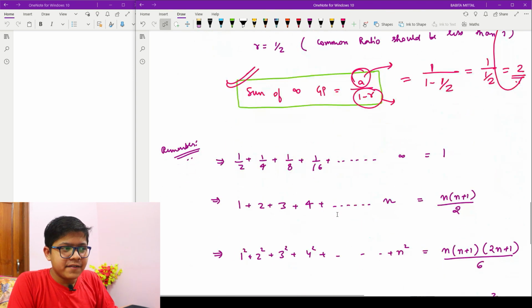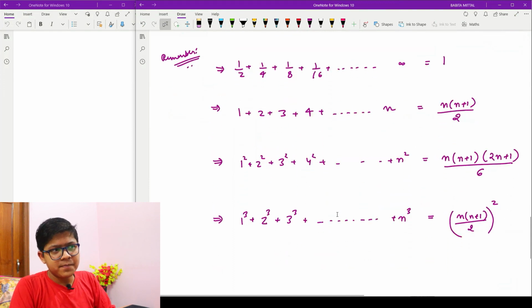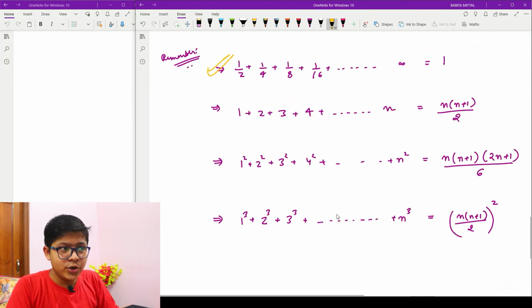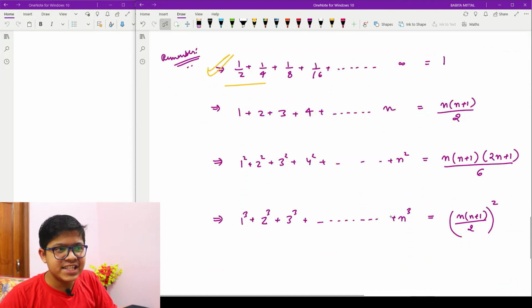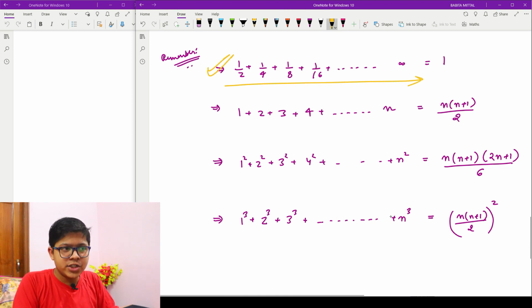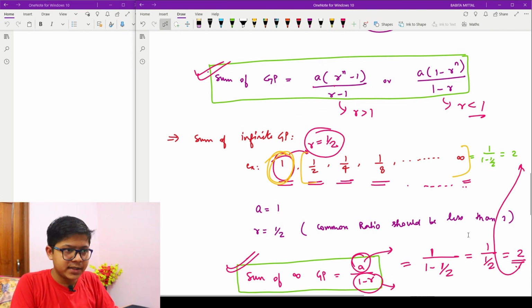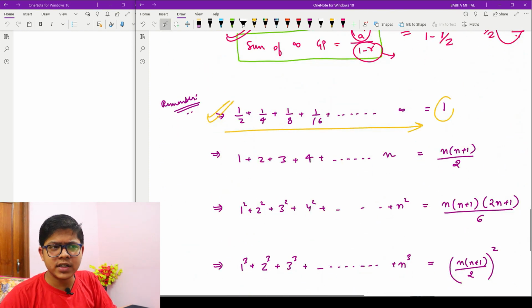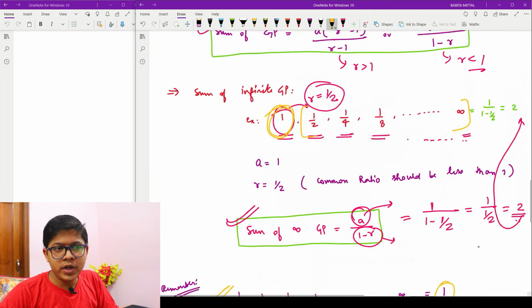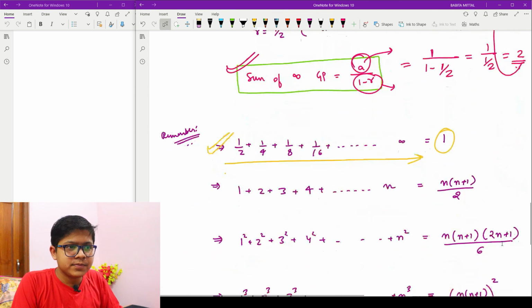Then we have some few series which you need to remember. The first one, as I showed you above as well, is the infinite GP. The only thing which I showed you above was with the first term, which was 1, but here I showed the rest of the GP part. So yeah, it will be nothing but 1. As it was 2 here, I just subtracted my 1, so I obtained my 1.